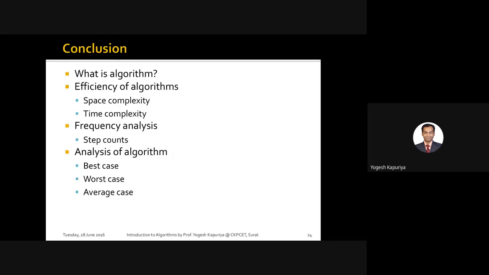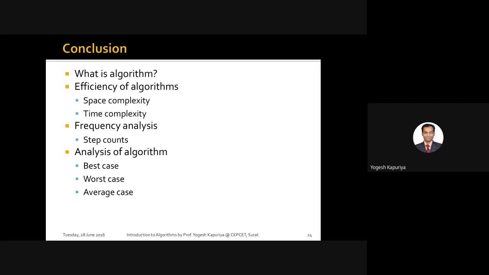But then how do we compare the algorithms? Say you have bubble sort and you have selection sort. It's not like two values which we can directly compare. It's not like computing the string length. So you don't have any specific parameters or metrics which can say that algorithm A is better than algorithm B. So how do we compute the efficiency?